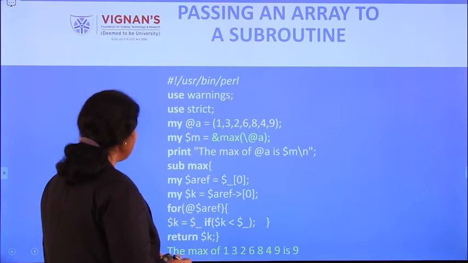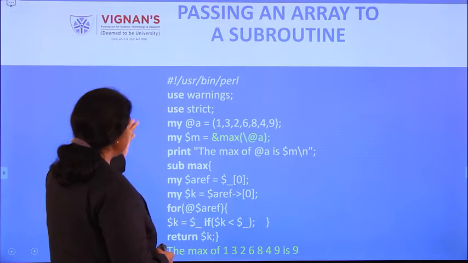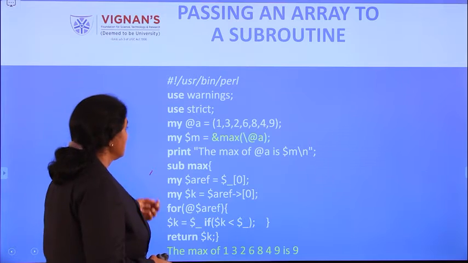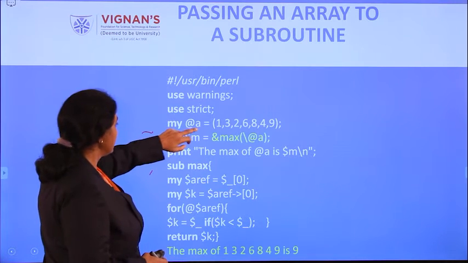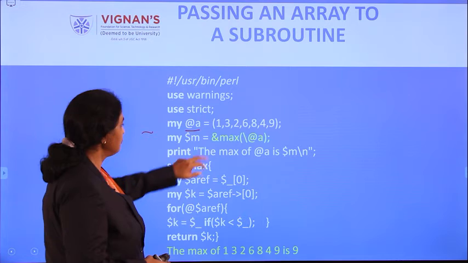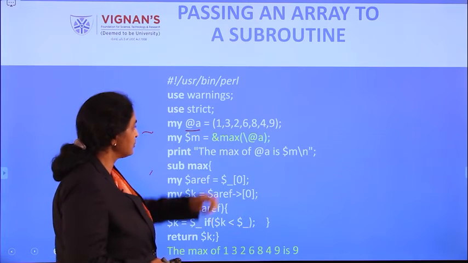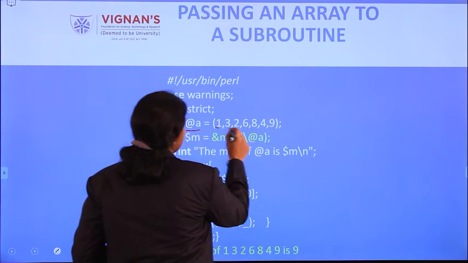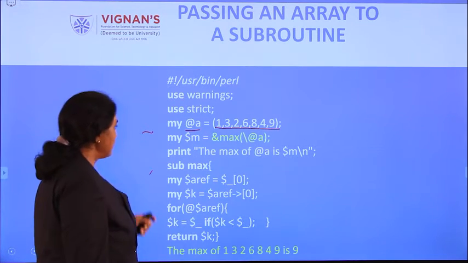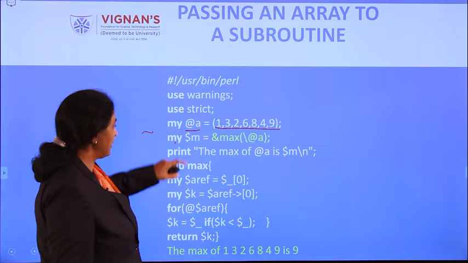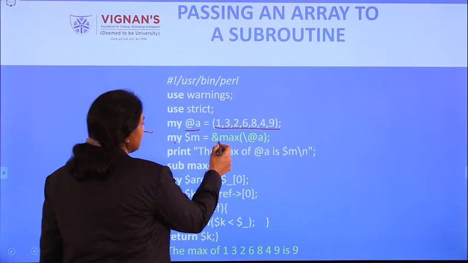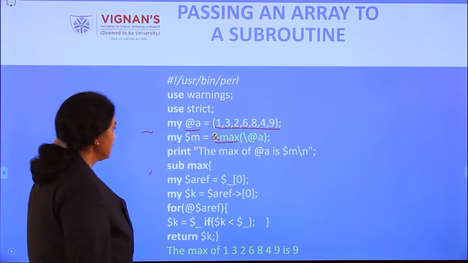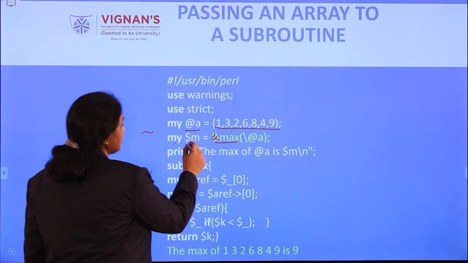So now coming to here, how you can operate the array variables by passing through the reference. Same thing, create an array variable. A is the array variable which passes the parameters 1, 2, 3, 4, 1, 3, 2, 6, 8, 9. This is the array data you are passing. M is another variable. M is referred with the, this symbol is for reference, as you know, maximum. So M variable is referred with the reference.